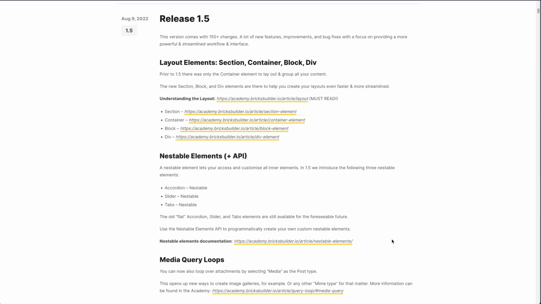In today's video, I want to show you what is new in Bricks 1.5, a release that has really a little bit of everything. We've got some great new features, many improvements, and also quite a lot of bug fixes in this one, totaling up to a little bit more than 150 changes. So because of the size of this release, I would definitely recommend you check out the changelog yourself as well